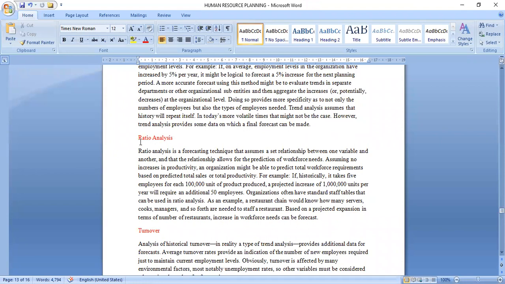So that is a ratio analysis approach of forecasting, because you are looking at a relationship between two variables, in this case the employees and the total sales or total productivity of an organization. You very well know that if productivity increases this much, because you've studied the ratios, then you also have to increase the employees by this much. Are we getting that? All right.